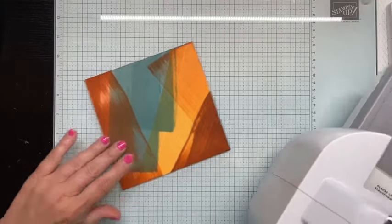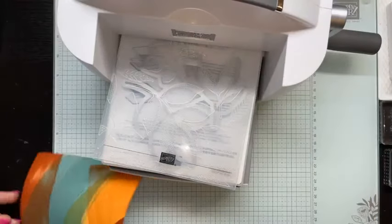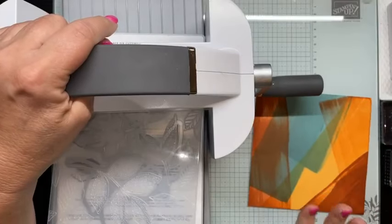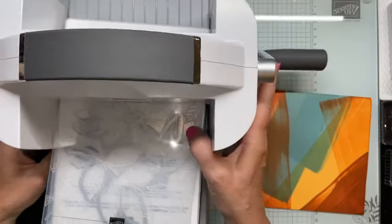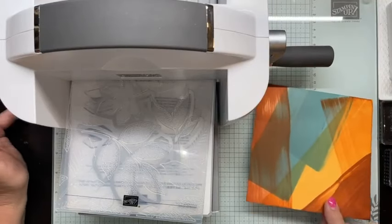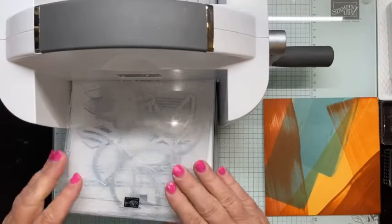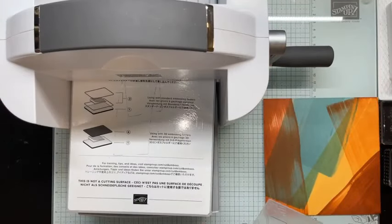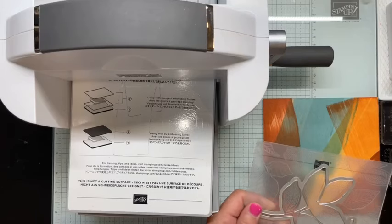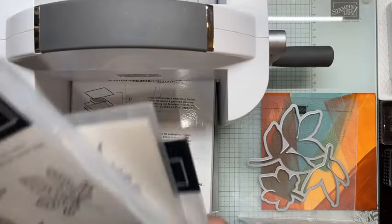Almost looks like kind of a modern art thing to me, doesn't it? And by the way, I think this is 6x6. Yes, I used a piece of regular white, basic white cardstock. Mine was cut from a 12x12 sheet, just so I don't have any waste. But 6x6. And you will see it is a little bit larger than the hybrid or the dies I'm going to be using, but I did that intentionally, and I'll show you why. But before I do that, let me just show you